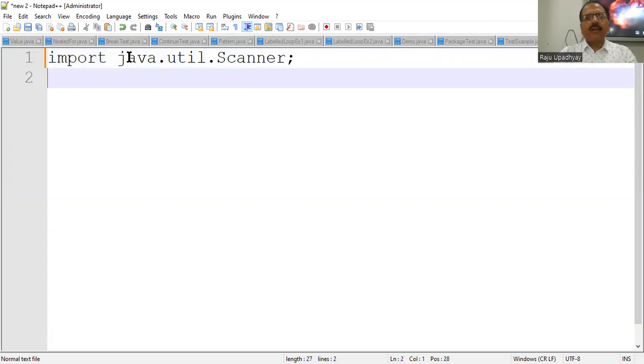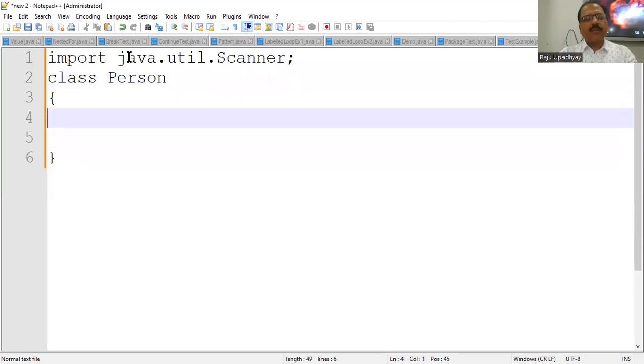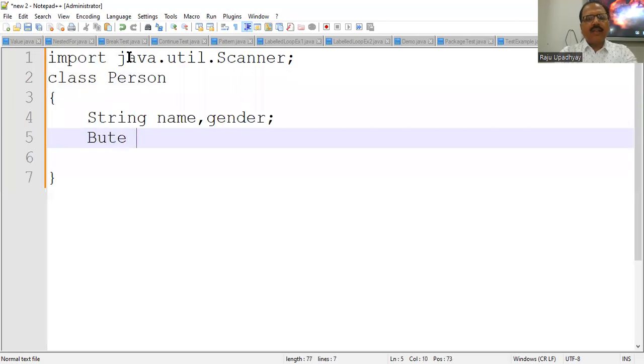And then we have to start writing a class. Let's say I'm going to write a class called Person. Within this class, I'm going to write the instance variables first. I'm assuming that I'm going to take the input for the person's name, their gender, as well as age. For that, we'll create a String object called name, right? Then we can create another variable called gender. As a gender, we can write male or female. Then we'll have a byte type